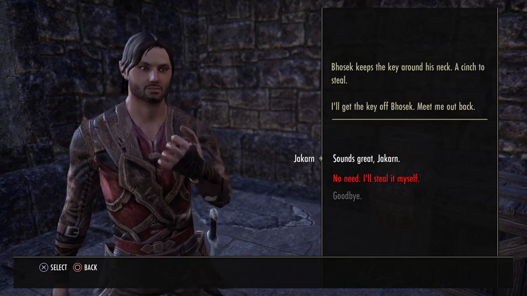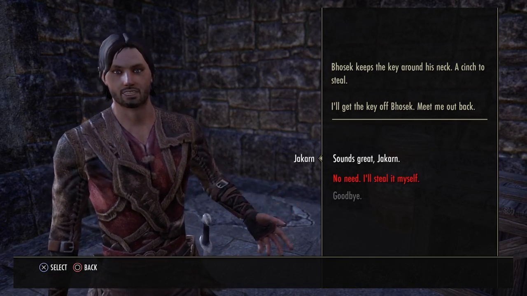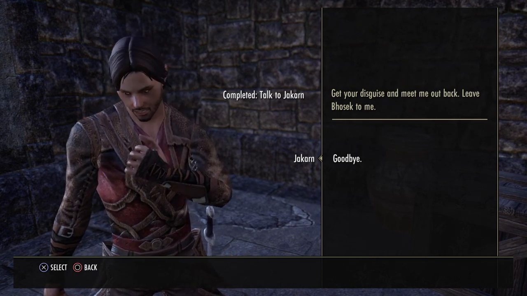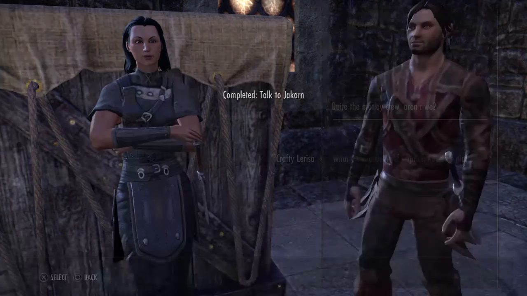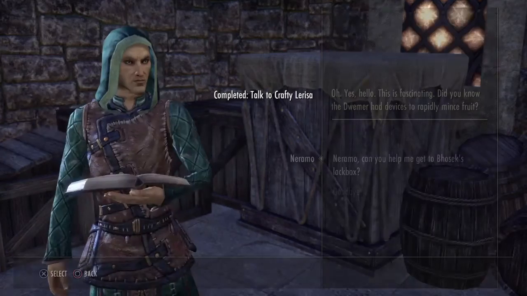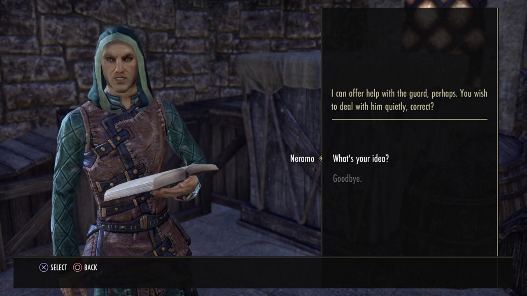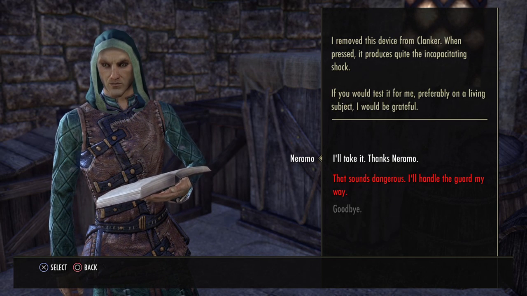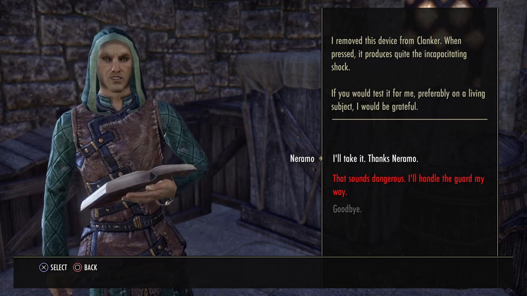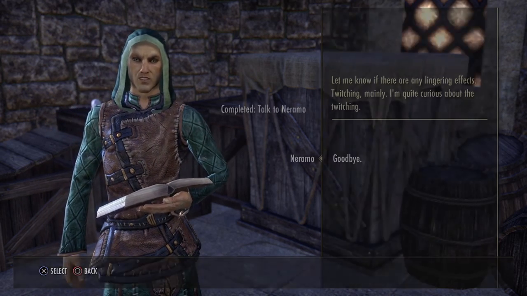It's a wonderful day for us. Bosek keeps the key around his neck. Cinched steel. I'll get your disguise and meet me out back. Leave both. Quite. My pleasure. Oh, yes. I can offer help with the guard, perhaps. I removed this device from Clanker. When pressed, it produces quite the incapacitating. Let me know if there are...